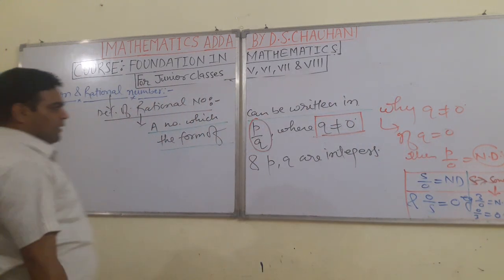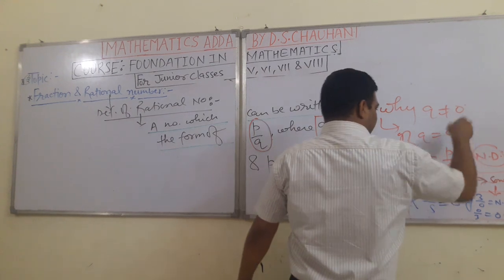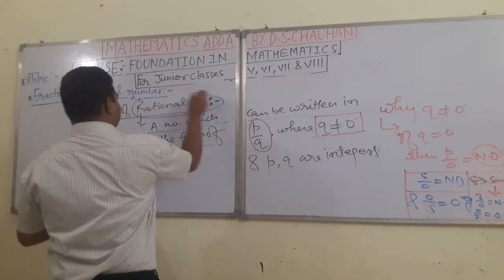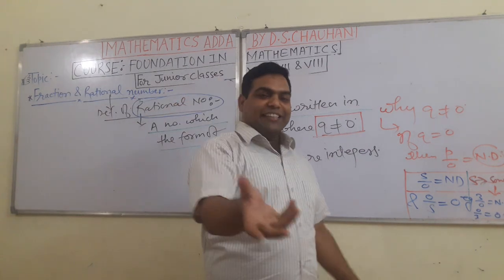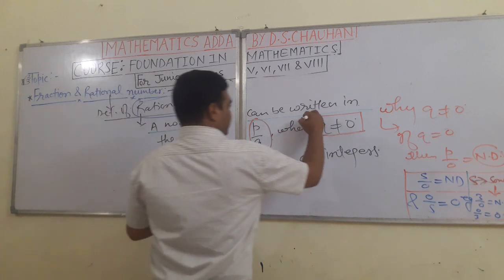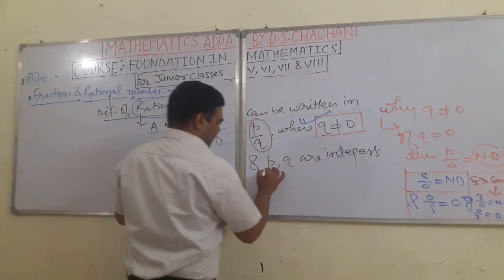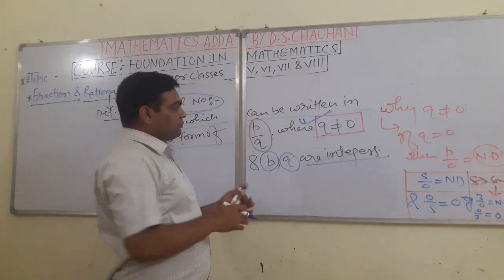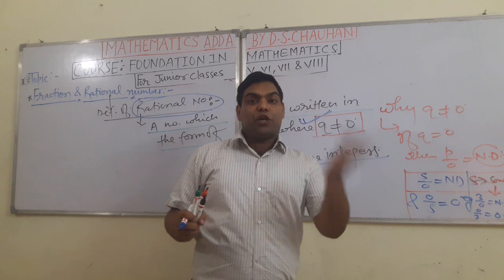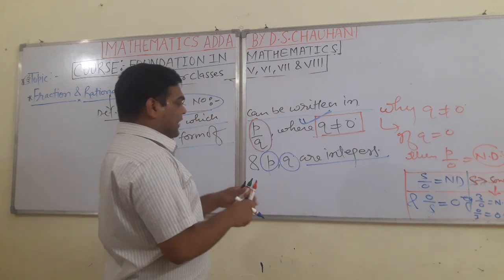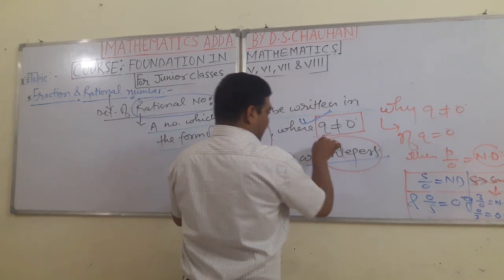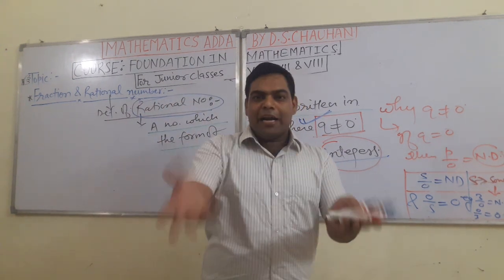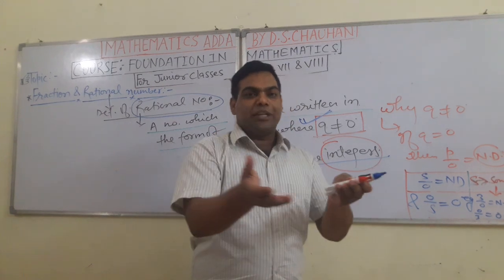Okay students, if q is 0, the thing is not defined, and since we are interested in rational numbers, obviously we will read about defined things. I hope the meaning of this point is clear. Second point: p and q are integers. Here there is no criterion that they be positive or negative integers, only that they are integers, so they can be either positive or negative. Here you are free to take them.